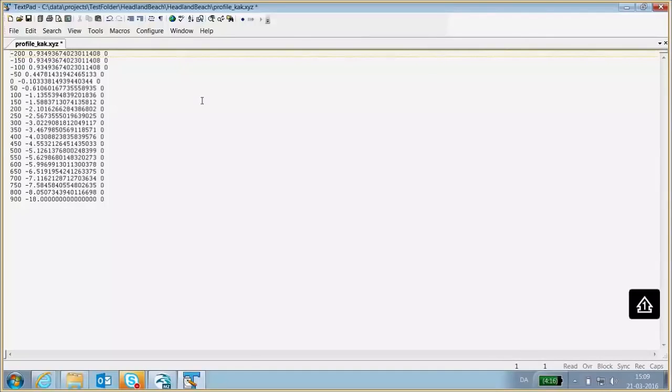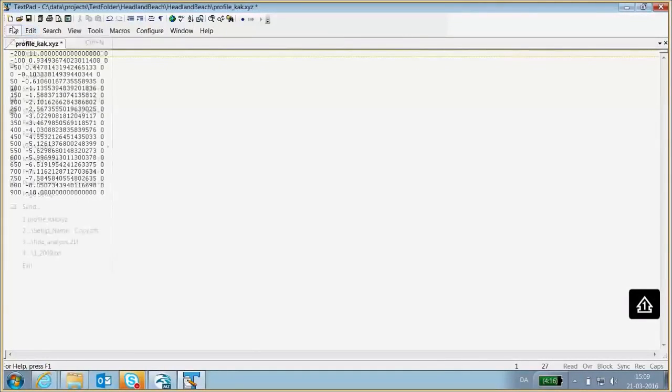And I'm going to do the same thing onshore. So I'll just delete those two and then say minus 100, and then let's say that's going to be, and one more like that.